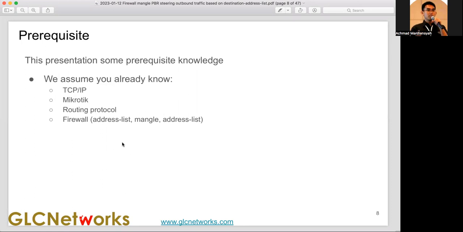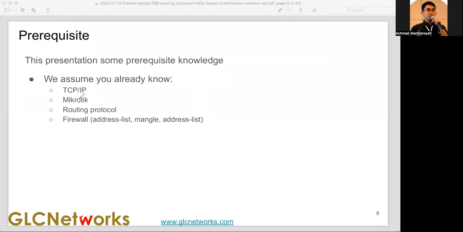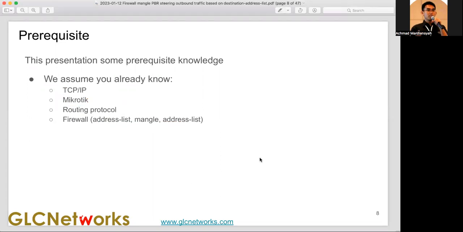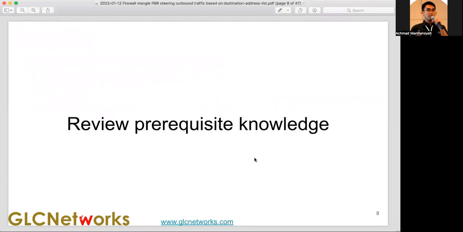And the prerequisite for this presentation is at least you know this area. At least you know what TCP/IP is. Of course MikroTik, because we are talking about MikroTik products here. At least you know how to operate MikroTik RouterOS. Also the firewall, address list, mangles, etc. All right, so let's continue